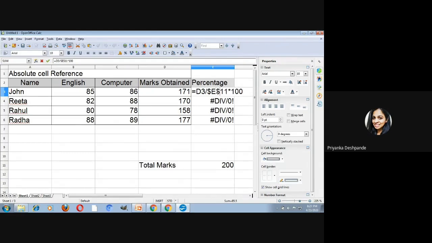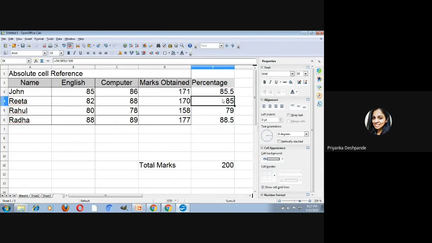Now this cell, that is E11, will be fixed for all the other cells too. Dollar sign to fix the cell. I am pressing enter, and now let me drag it.